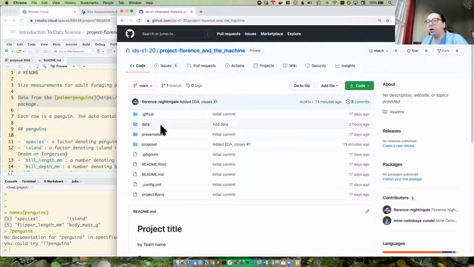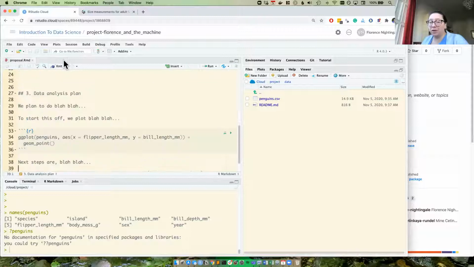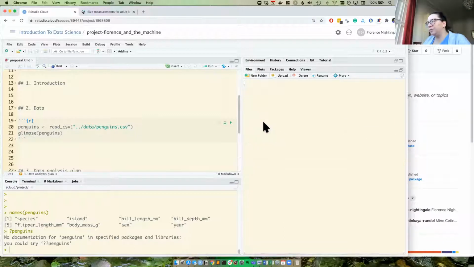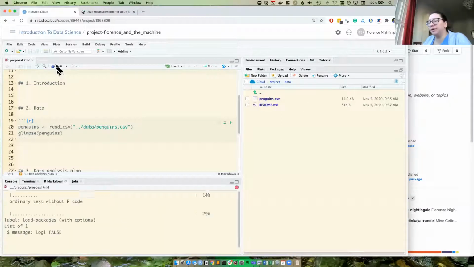Now I wanted to walk you through one other thing, and this will be something new, but I think it will be something useful from a workflow perspective. So we have data in our data folder, and it's the penguins.csv data. Yes, this comes from a package, but I wanted to make it a little bit more like your projects, where I actually added the data file here. And if I knit this document,